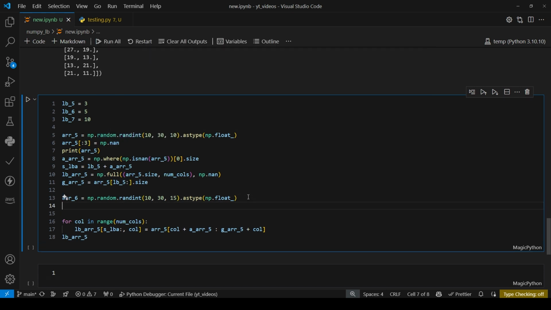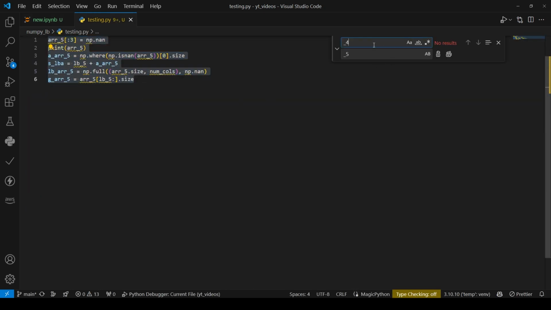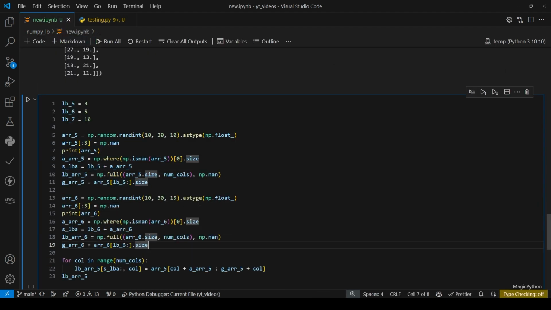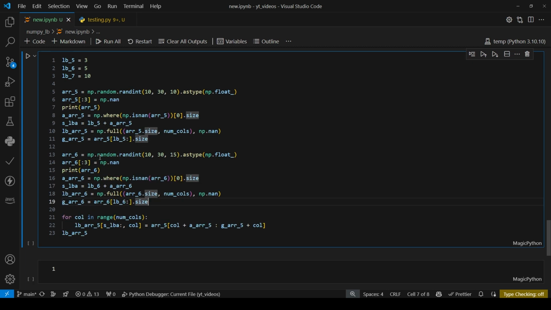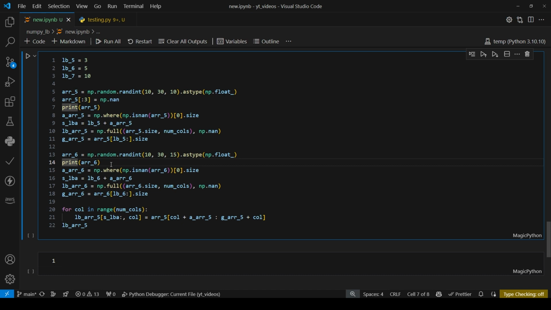And so I guess here we could just copy this whole thing and then look for 5 and change it to 6. Okay. And here we're going to get rid of these NaN values. And we're still going to check,